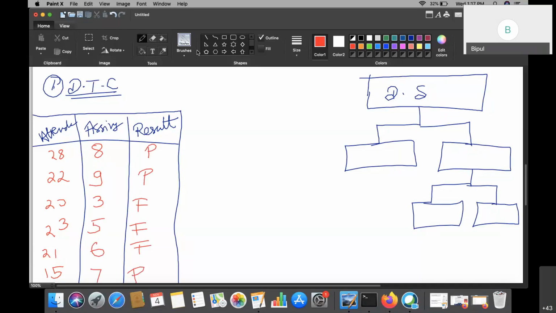Okay, now in future, suppose there is a guy who attended 19 classes and did almost 6 assignments. So will he pass or will he not pass? Okay, that is a query. Correct. So how can it be done? In a decision tree classifier, the decision will be made with the help of tree-shaped